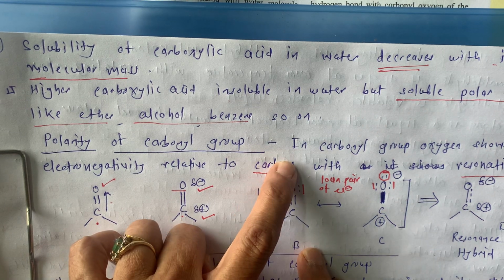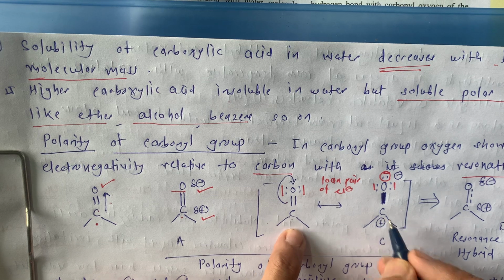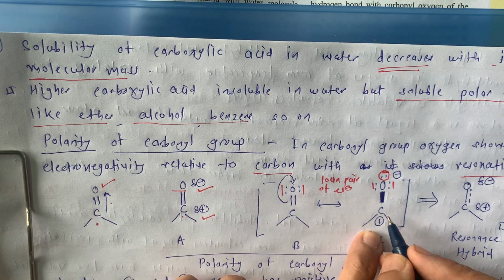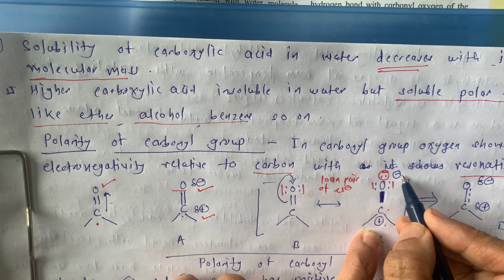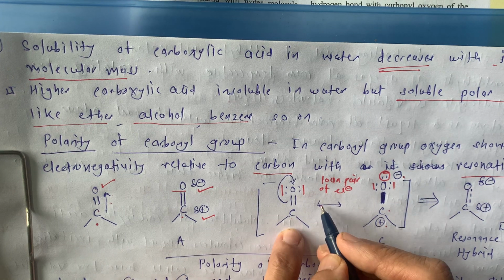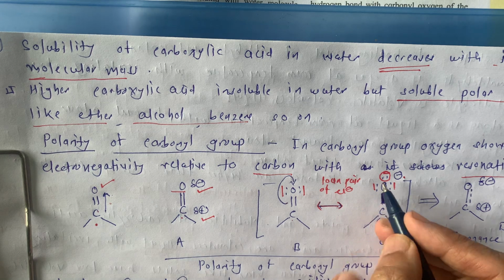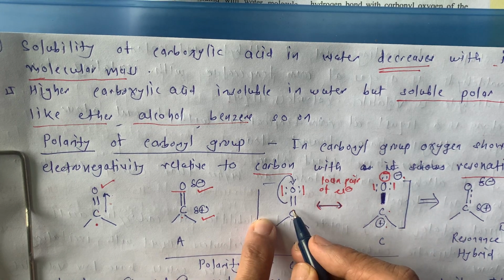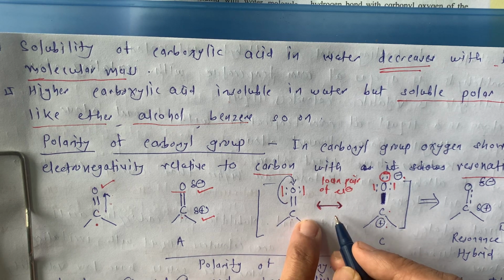We are moving this bond over here, meaning we are moving electrons here. So this C will carry a positive charge, because now it becomes electron deficient, while this oxygen is now electron rich. So here it is a negative charge. These are the resonating structures. Again we can move these electrons over here and we will get this structure. Then we show resonating structures by a two-headed arrow like this.